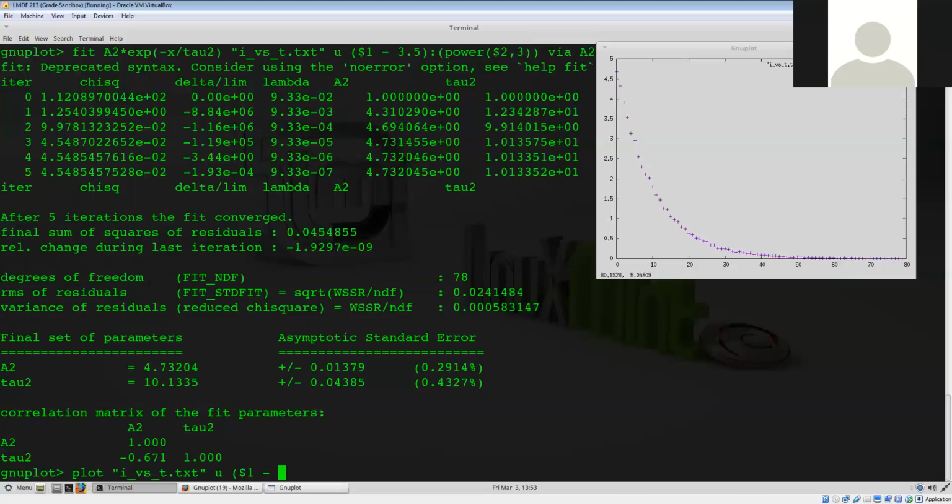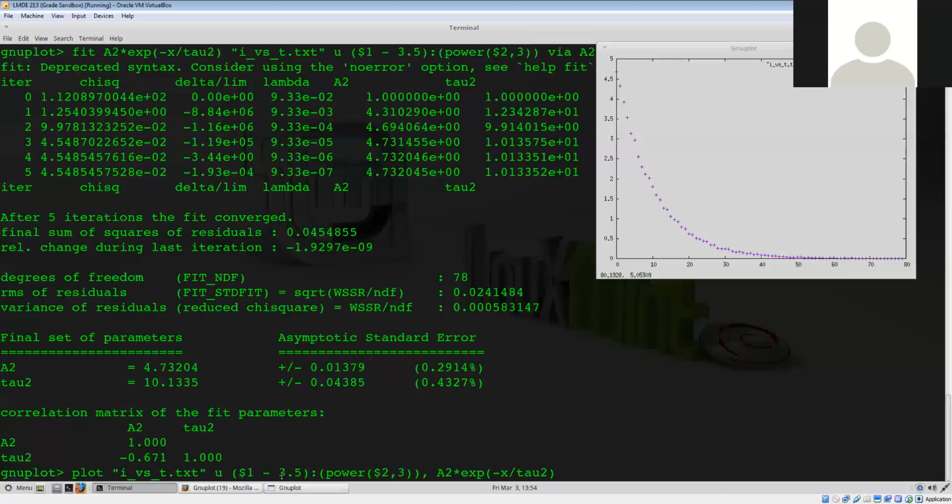Plot my data versus my function. Now this is the kind of stuff, it's very nice to be able to open up Gnuplot and do this interactively to just get a feel for what the range on the data is going to be, if the data looks correct. But when you start getting to where you're going to do a fit, and I'm doing these column transformations,